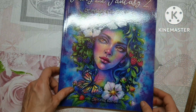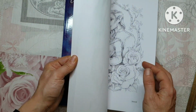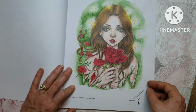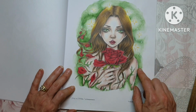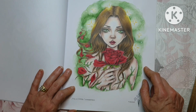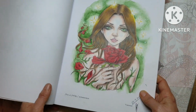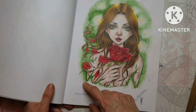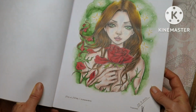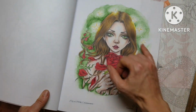Then we have Christine Caron's Fairy and Fantasy Grayscale Coloring Book. Now here I've done one completed page, which is this one. And it was during a live stream, which you can check on the channel. You can find this page under the playlist Christine Caron, and also under the live streams playlist. And here I used Inktense for the background, white Sakura Jelly Roll for the white dots, and Polychromos pencils for the rest. And then I took a Winsor & Newton alcohol blender, and I just blended the